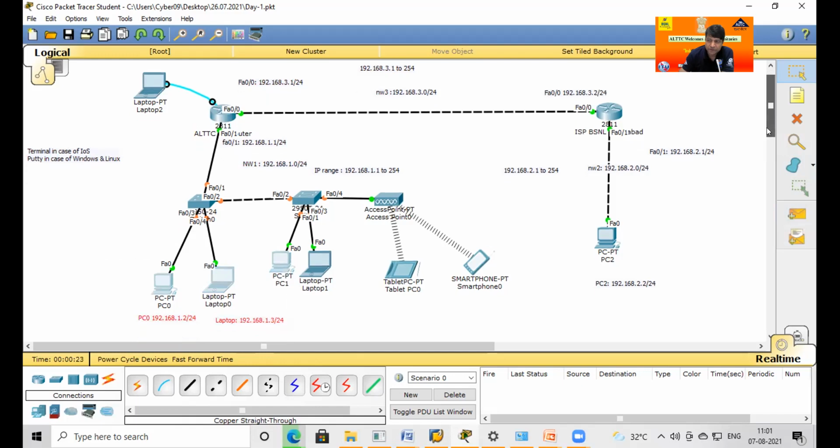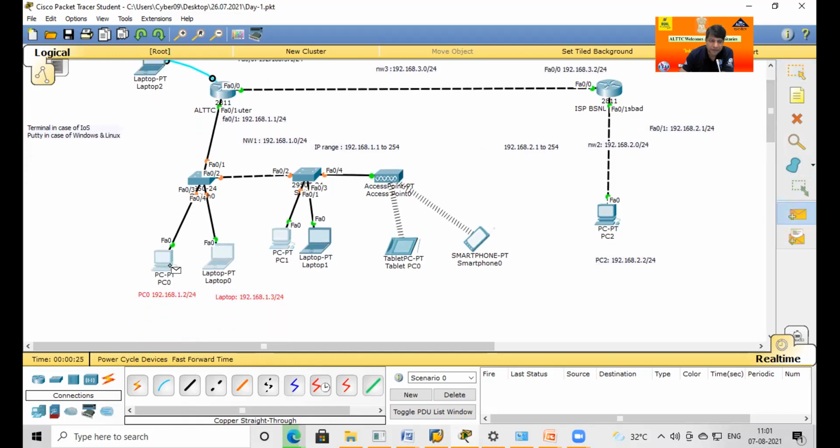Today in this session, if I want to send a packet from PC0 to another ISP router, or from PC0 to another site's computer, it always fails, because nobody allows communication from one location to another without a protocol. For sending information from one location to another, there are some rules and regulations. These rules and regulations are known as the routing protocol.